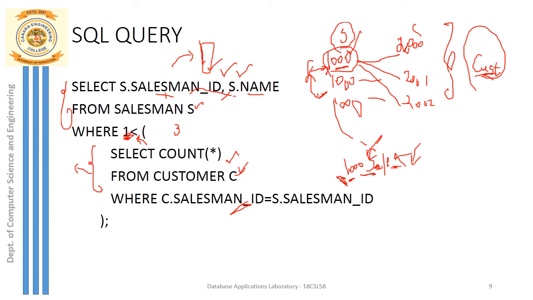So the inner query says select count from the customer table, where the salesman ID that you have retrieved from the salesman table is equal to the salesman ID that you are now matching in the customer table. I am searching now for the first salesman with ID 1000, which should match the salesman ID in the customer table, and at least multiple entries should have this same salesman ID 1000. So just count the number of rows here. That is a part of my inner query.